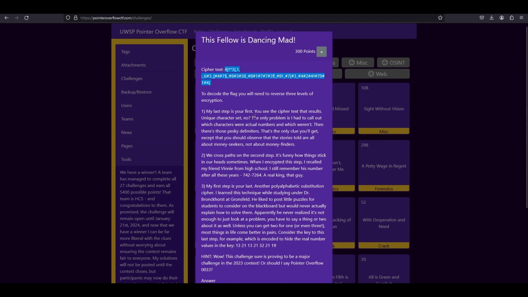Unique character set, no. The only problem is I had to call out which characters were actual numbers and which weren't. I do that in our ciphertext by prefixing every actual number with the pound symbol. This doesn't change the length. Every single method in this case was a simple substitution cipher, so it's just 3 simple substitution ciphers. If we count the characters